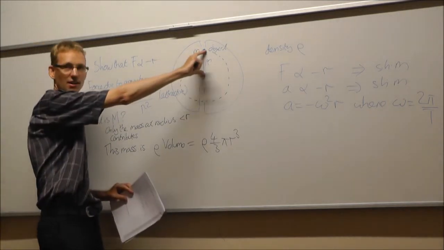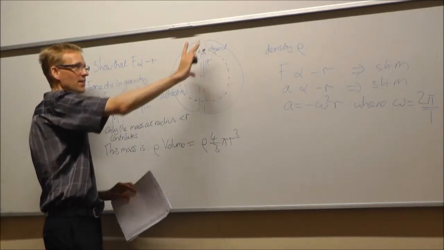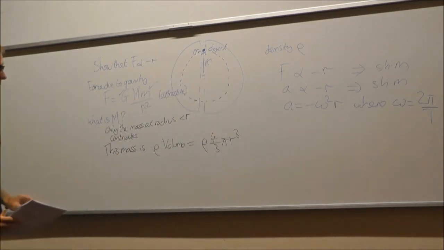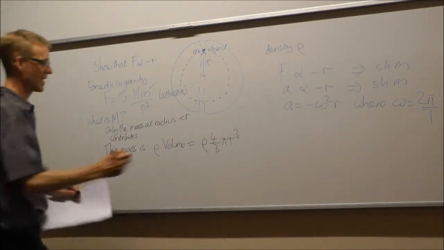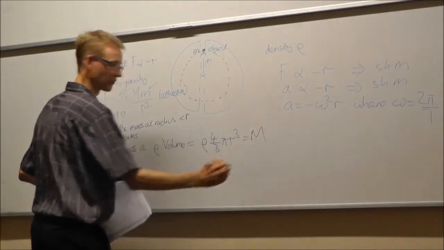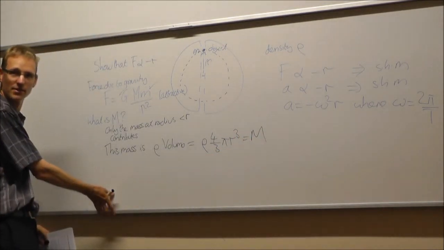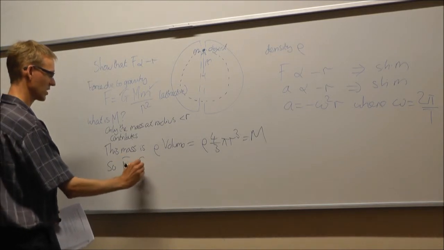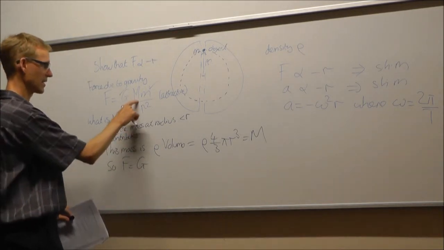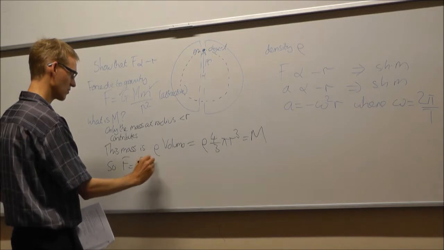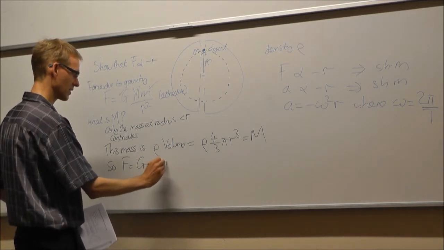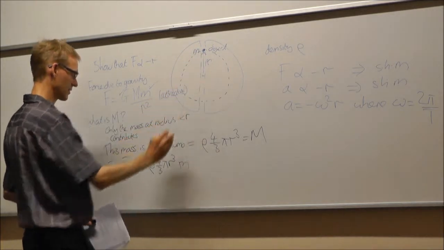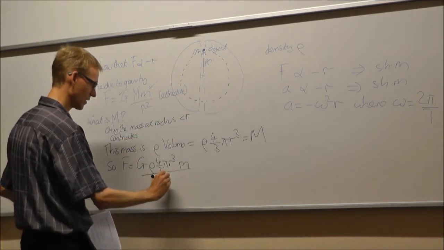And it's that r there we're interested in, not the whole radius of the Earth, because we're only interested in that mass in there. So that is M. Can you still see that on the camera? Yep, that's great. So F equals G, big M, which is rho times 4/3 pi r cubed, times small m, the mass of the object, over r squared,